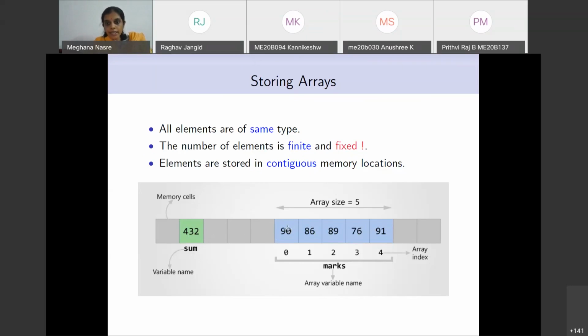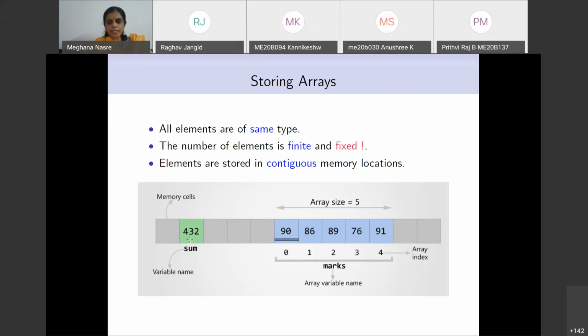It means that marks of 0 is stored at some place. Just after that, marks of 1 is going to be stored. Just after that, marks of 2 is going to be stored. And how far away is marks of 1 from marks of 0? That depends on the size of int. So how many bytes are given for marks of 0? This is defined by the size of int on your machine. So it is typically 4 bytes. So you're going to have 4 bytes here. Does that answer your question?